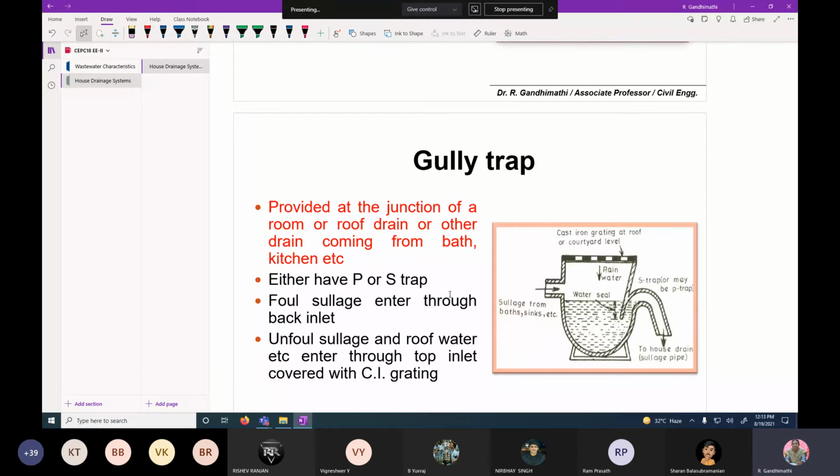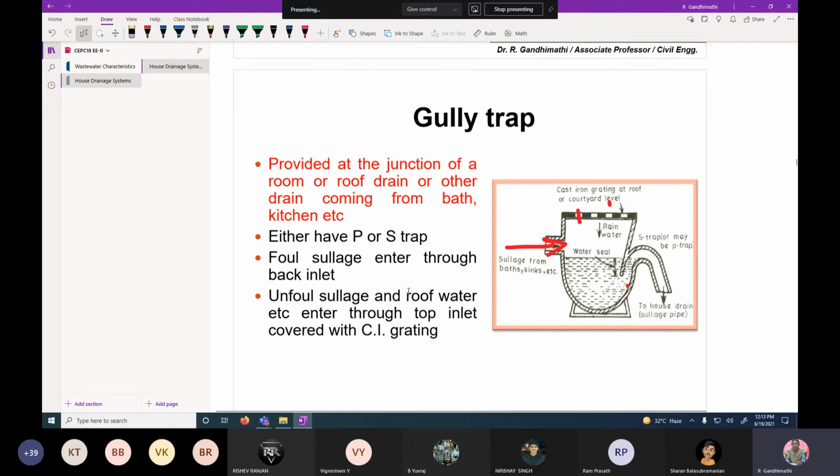For example, the roof water, rainwater from the garden, or the wastewater may enter into this gully trap through the openings. Therefore, here you are providing the traps, mainly this bending arrangement, to avoid the entry of foul gases into the residential area.